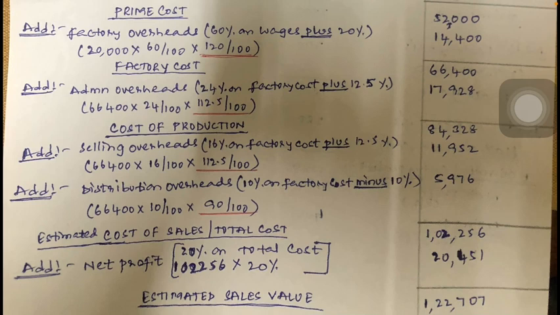This is how you have to work out this sum. The three steps are: step 1 cost sheet, step 2 overhead recovery percentages and profit percentage, step 3 is preparation of estimate or quotation. And while preparing estimate quotation, you have to take into account the changes in the rates of overheads, which is a new, important point in this sum.